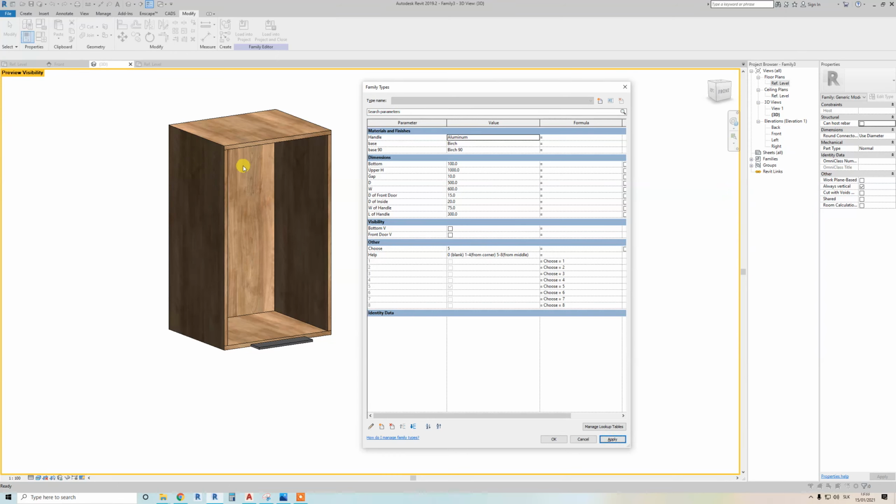Yes. And now we can see depth of inside, so it's like it made 50, you can see it's thicker, yeah. And this one is a really great way to control visibility of handle. So you can see in help 0 is blank, so if you put 0, no handle. 1 to 4 is from corner, so from this corner, sorry,